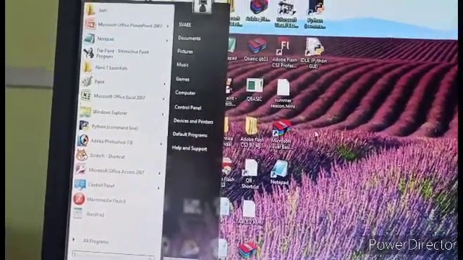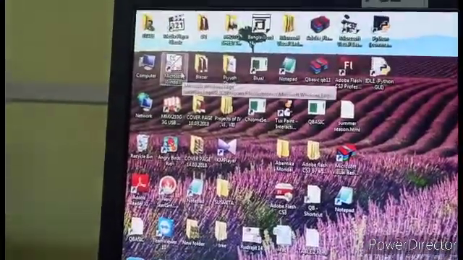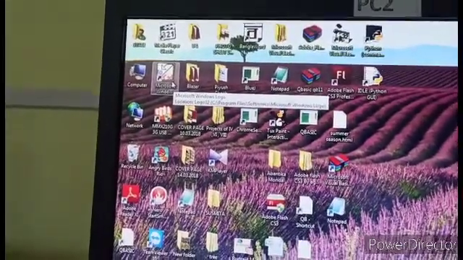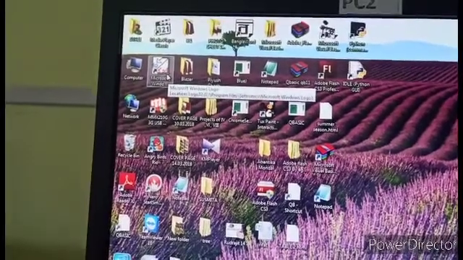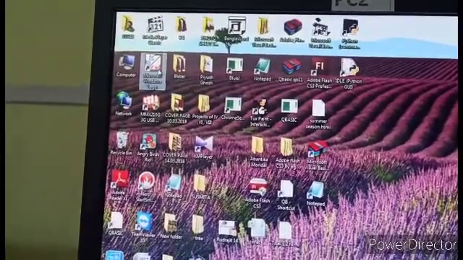Because on my machine it is set as a shortcut on the desktop, I just double click on that and I get the logo window.